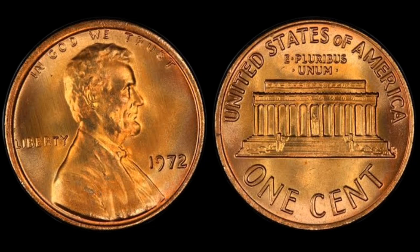It reflects a deep appreciation for the artistry and intricacies involved in coin making, and the discovery of a 1972 penny marked by significant errors also offers a unique opportunity for reflection on the rarity of these moments in time. The dialogue within the numismatic community serves to amplify the thrill of the hunt, with platforms for discussion, exhibitions of